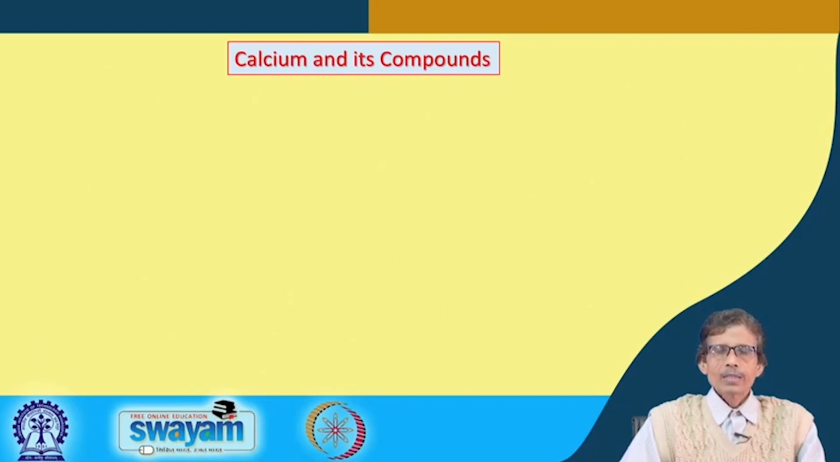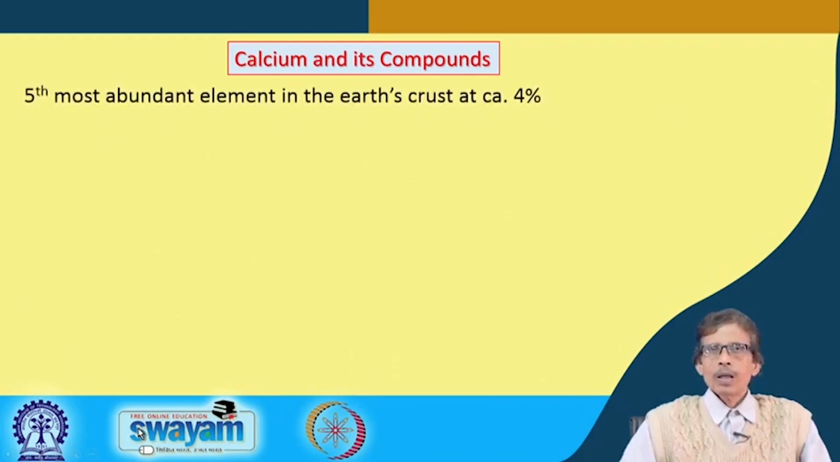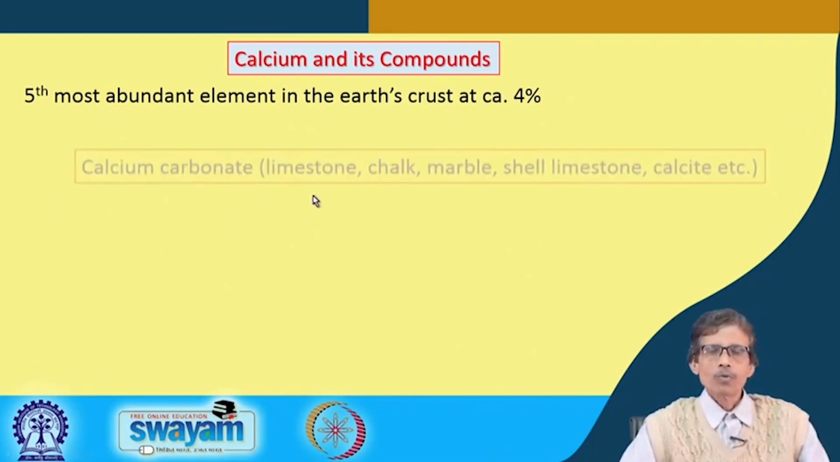So, calcium and its compounds, so not only the pure calcium, because calcium in its metallic form we always have, like sodium blocks we know, calcium blocks we know, potassium blocks we know. So, it is the fifth most abundant. We are going down basically, now it is the fifth most abundant in the earth's crust, and about 4% we basically get,